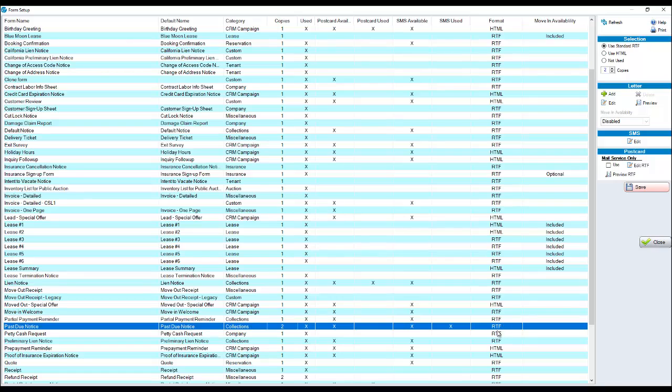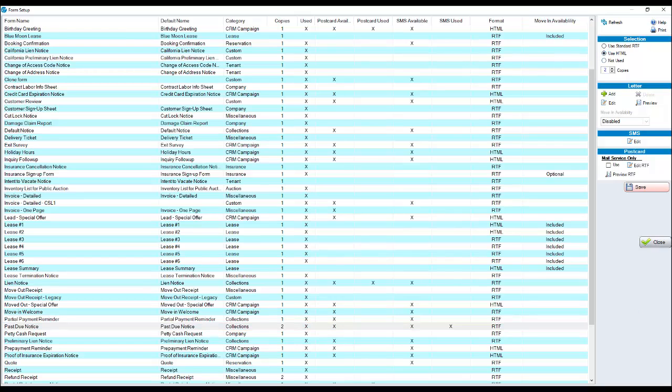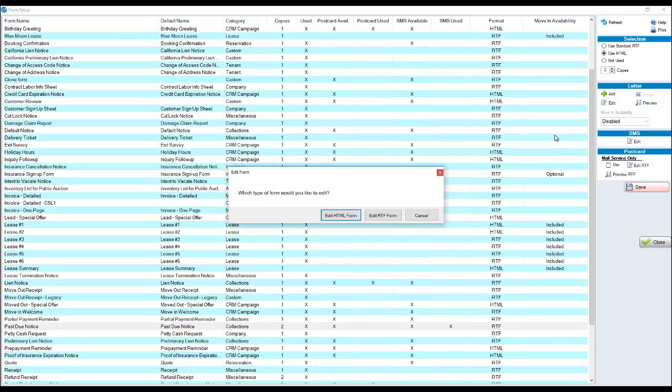If you put an image or a logo into an RTF format, it's going to come up more than likely and tell you that the file size that you're putting into the document is too large and you have to make it smaller. Oftentimes when customers make an image smaller, the image doesn't look as sharp. So if you highlight a form and click Use HTML and edit the form,